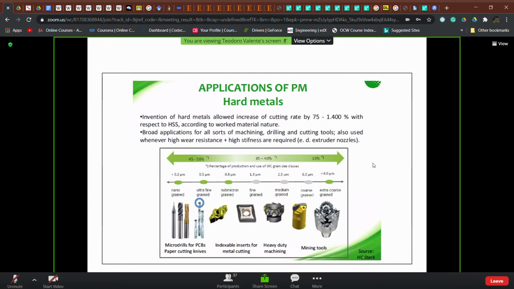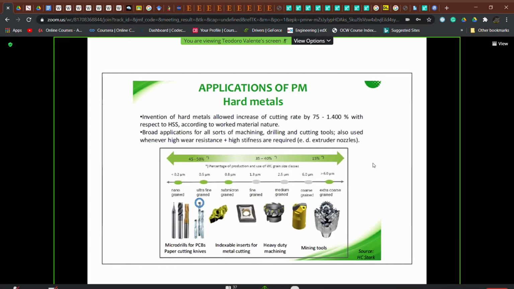in which we do have the metallic matrix, the cobalt one, which is able to incorporate, that is to have inside, tungsten carbide particles to an extent which is something around 15% in weight, but with average sizes which are in the micron range and not in the submicron range. And this is also, even though it's a very specialized field,